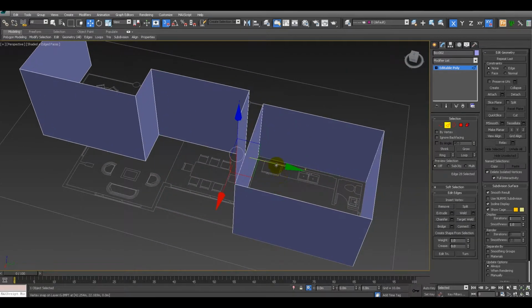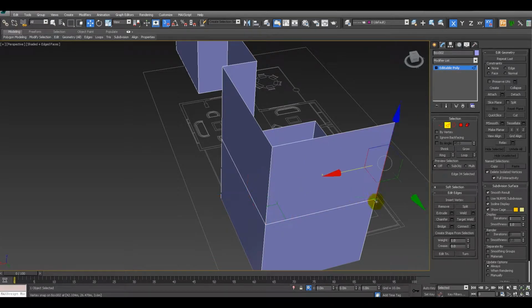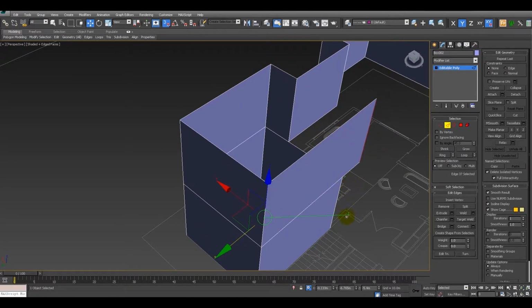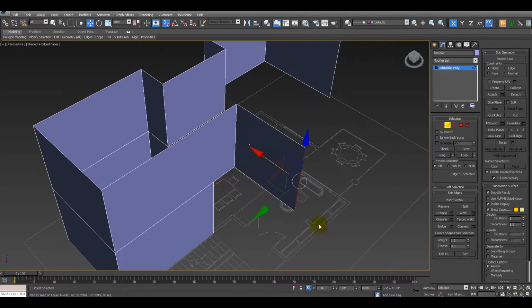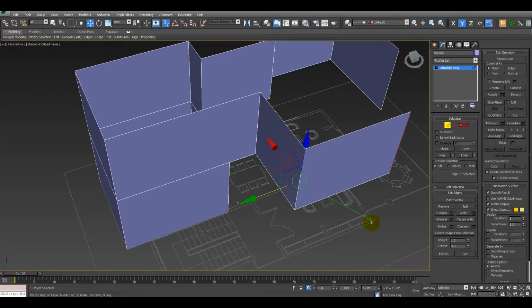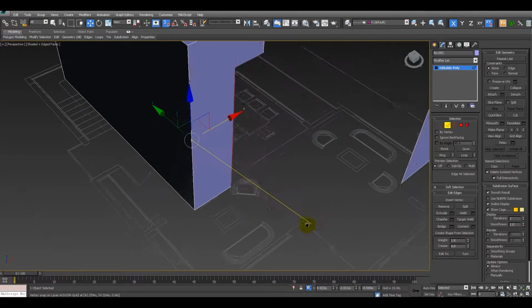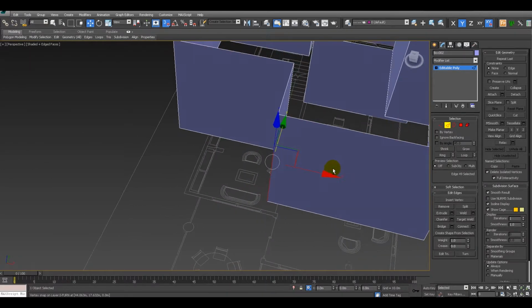So we're just tracing the lines of the first floor. Here. Okay, so when we are done